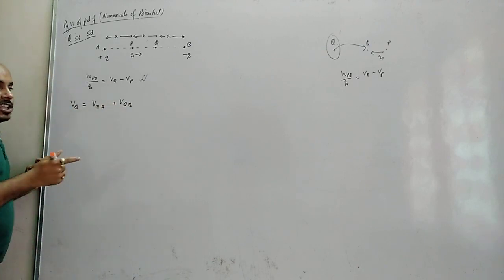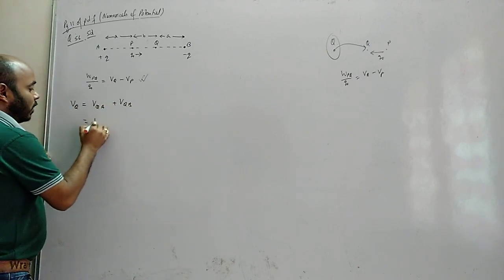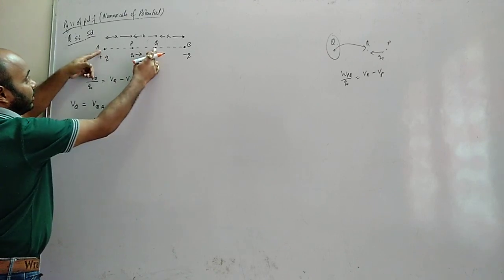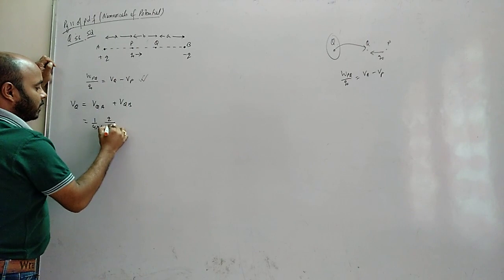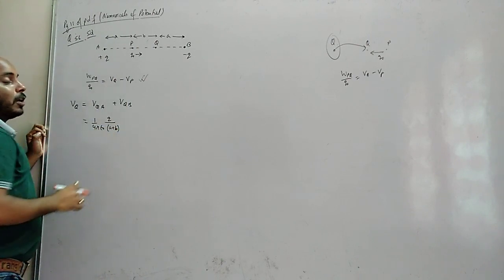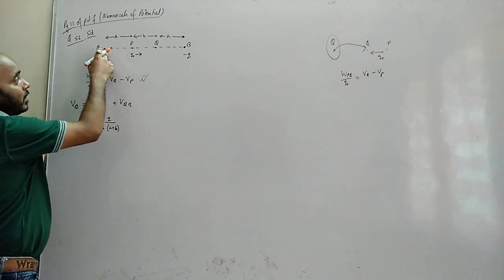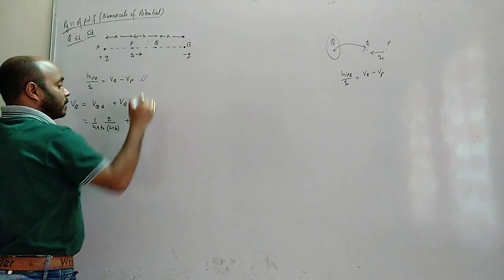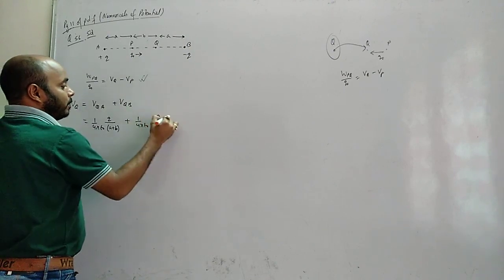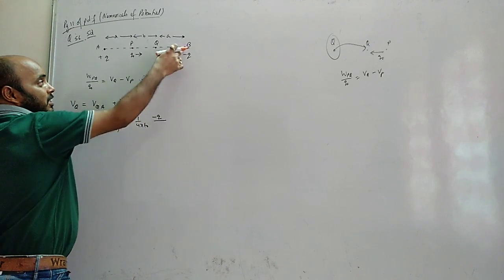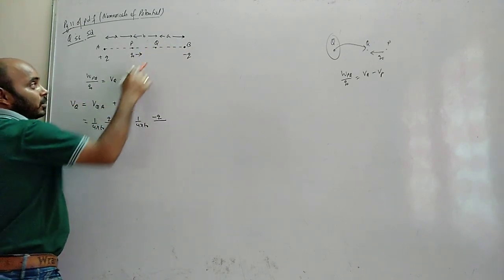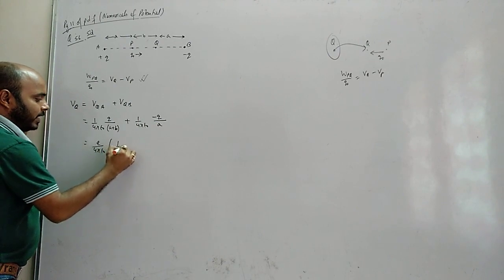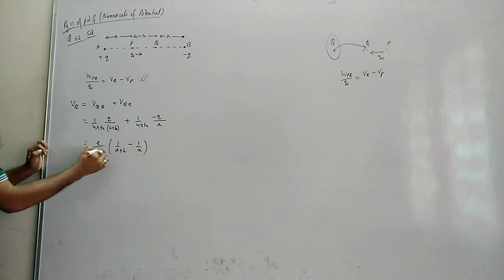While we are adding a scalar quantity, we don't need to think about directions. So 1 by 4 pi epsilon, due to A, what is the charge at A? Q, divided by the distance, which is from A to Q, a plus b. Okay, what is the formula for potential due to one charge? K Q by R, where R is the distance from that charge to that point, which is a plus b. Clear? Plus potential at Q due to B. So 1 by 4 pi epsilon, the charge is minus Q. What is its distance from this point? I need to find it at Q, so the distance of Q from B is a. Now you solve it. So Q by 4 pi epsilon times (1 by a plus b minus 1 by a). Rest is your job, you have the solution.